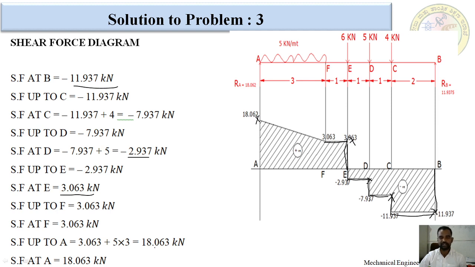Okay. Up to A point we are having the same. First of all we have to mark it here. This is the left line, both we have to join with an inclined line, and this we are supposed to join with a full line with the base. This is positive shear force diagram, this is negative shear force diagram. This completes the shear force calculation and shear force diagram. Next we are going to start with the calculation of bending moment.